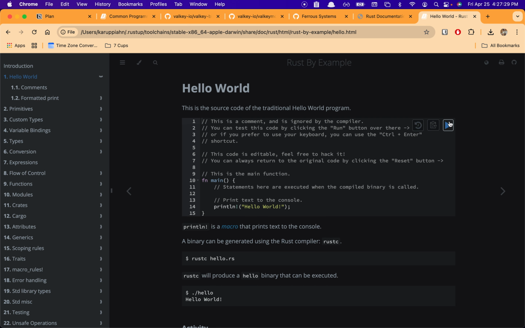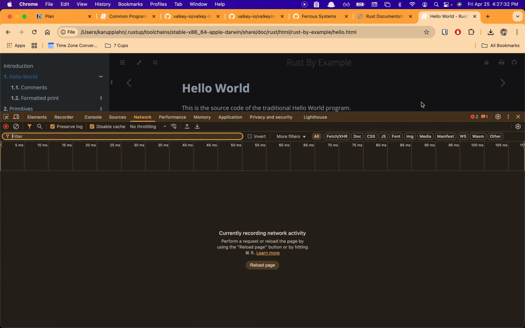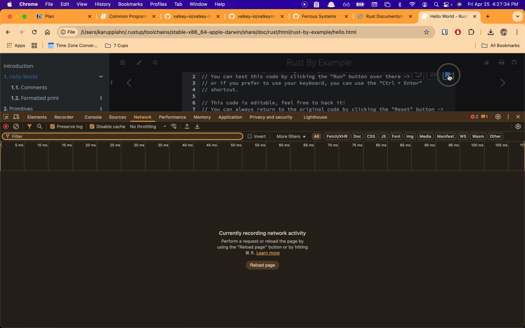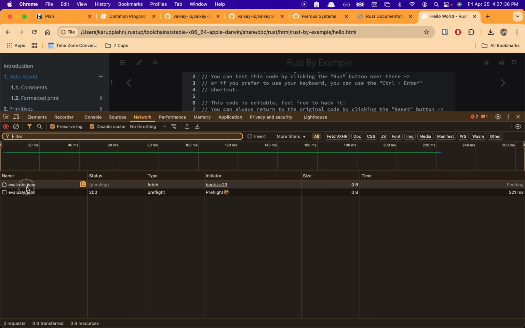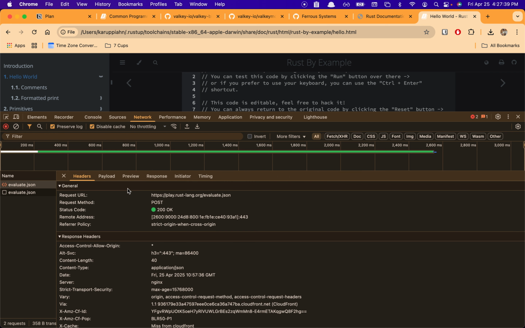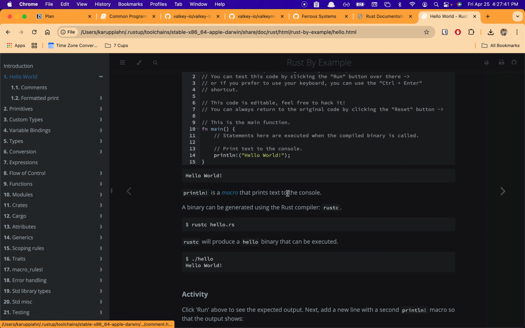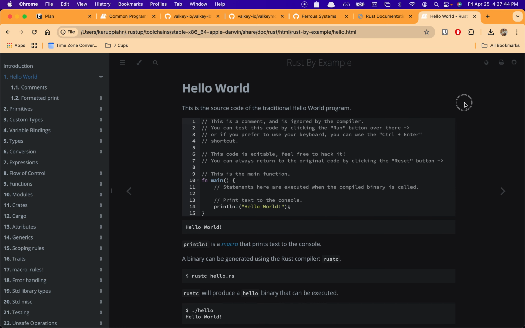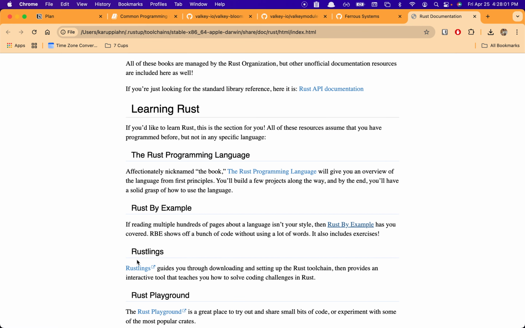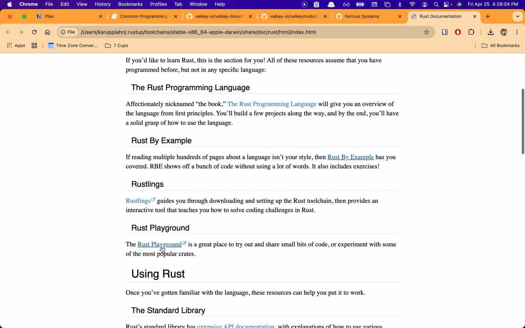And pretty cool stuff. I don't know if it runs the code locally or it runs it remotely. So yeah, and what else? You can undo your change. You can change things here, and you can undo changes. If you change something, you can just undo the changes. And what else? So there's also the Rustlings, Rust Playground,